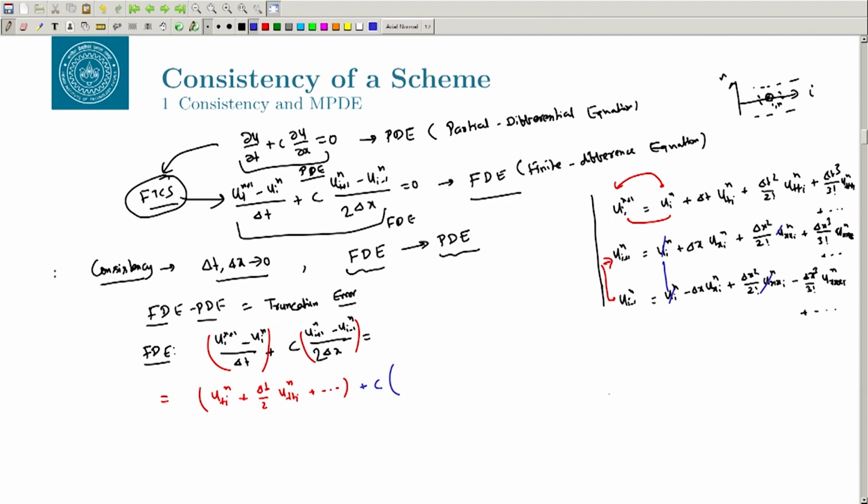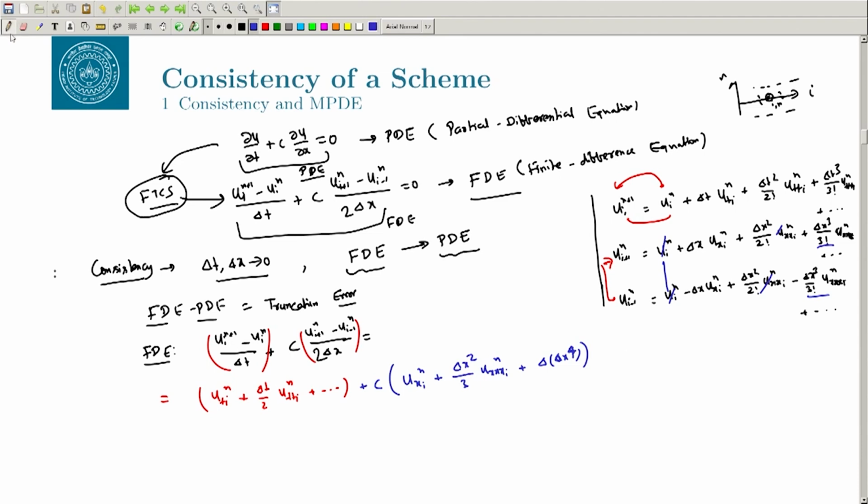So, once you do that, this will become c u_x at i, n, and then you will have this term coming up. This will be 2 divided by factorial 3, that will be 1 by 3, right. So, this will be plus delta x cube by 3 u_xxx at i, n, and plus you will have order delta x to the power 4. That will be delta x square, because you are already dividing by delta x, and this entire thing will be equal to